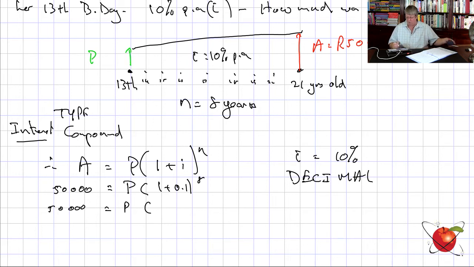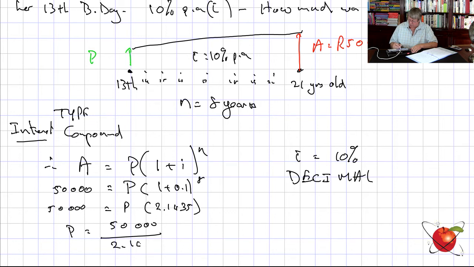And what is 1 plus 0.1? Well, it is 1.1. 1.1 to the power of 8 is equal to 2.1435, 6, whichever you like. Therefore, what do I do now? Therefore, P is going to be 50,000 divided by 2.1436, because that was an 8 behind it. I take it to 4 decimals. You can actually take it to even more than 4 decimals. So therefore, it turns out to be